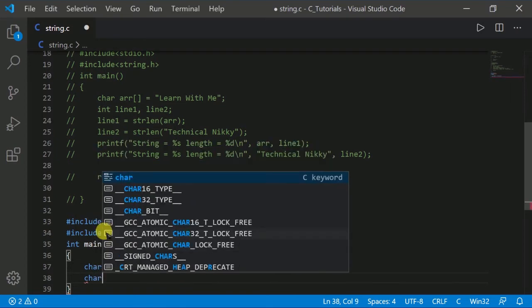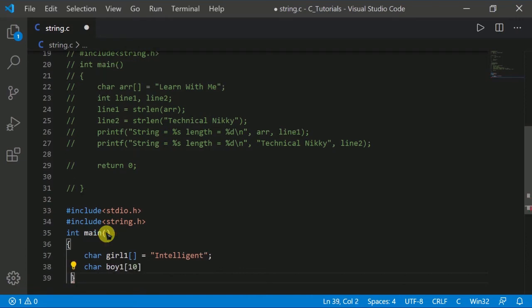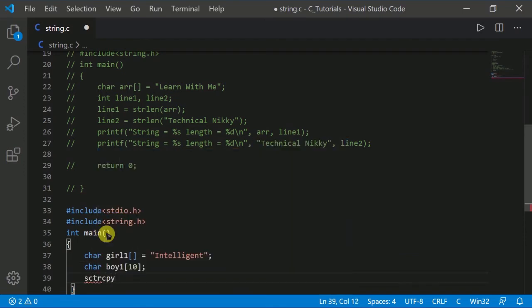Then go to the second string and here enter girl2. Let me take boy1 and its length 10. Great.